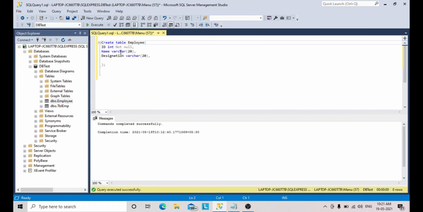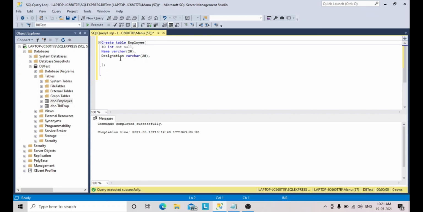See here, I already created one table using this query: create table employee, ID int not null, name varchar, designation varchar of 20. This is the table I created.